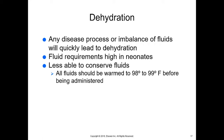Dehydration: any disease process or an imbalance of fluids can lead to dehydration. They have a high requirement for fluid, so we want to make sure that they're getting nursing frequently. They are also less able to conserve fluid, so any sign of diarrhea or even kind of loose stool can lead to dehydration really quickly. All fluids should be warmed to about 98 to 99 degrees before being administered, so whether we give it subcutaneously or IV or intraosseously, we're going to want to make sure that we warm those fluids to a certain degree so we don't cool the animal down,